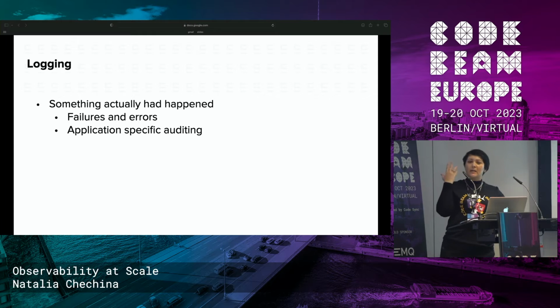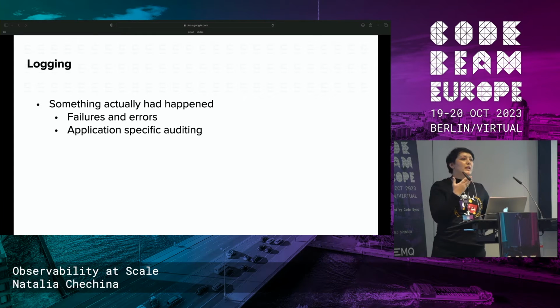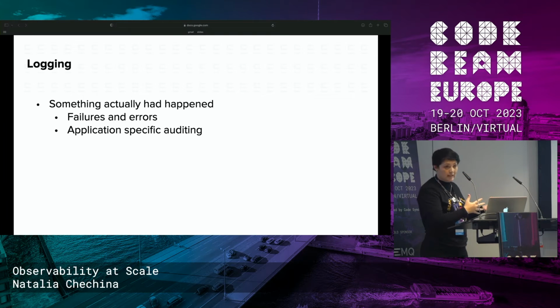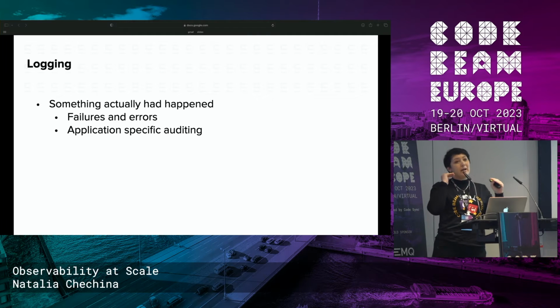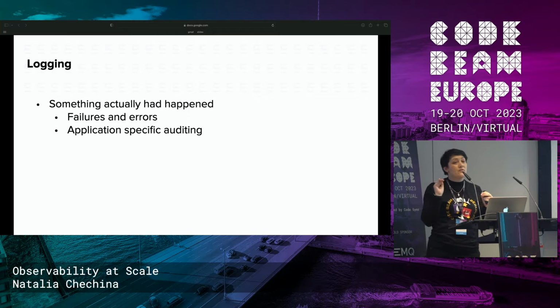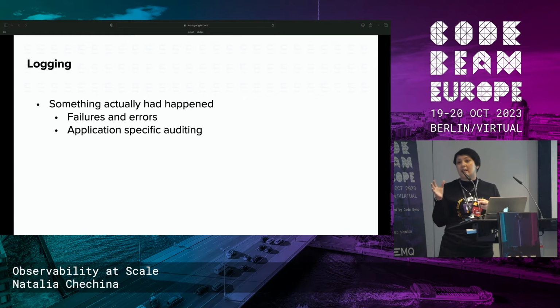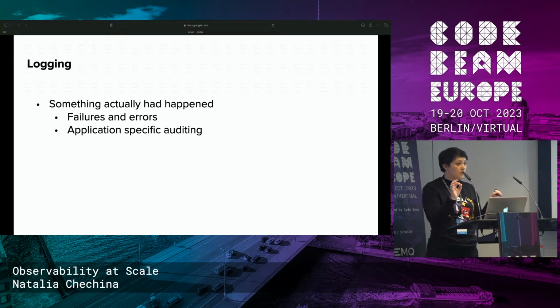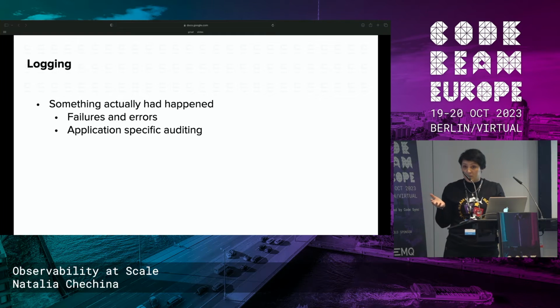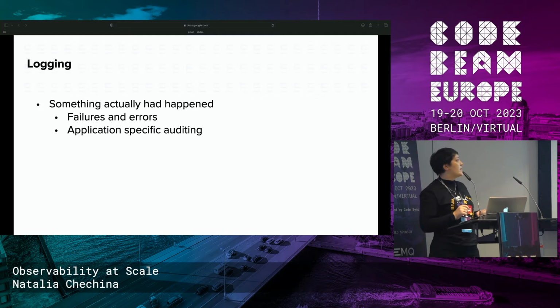So logging, when we have logging, we actually log two types of events, broadly speaking. We log failures, so something went wrong, and we also have audit logs. The audit logs is where everything was fine, but we need this information for some reason. So for example, this is very common and very familiar to fintech, right? Or anywhere where money is involved, right? So we want to demonstrate that, for example, a request has been received, money has been issued, that's it, we dealt with it, right? So we have two of those types.